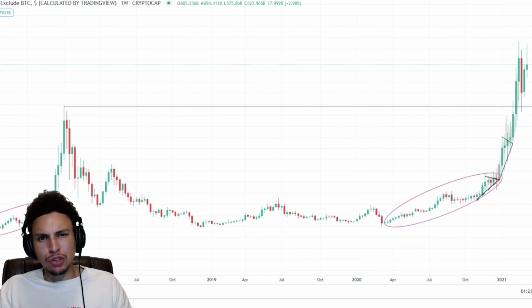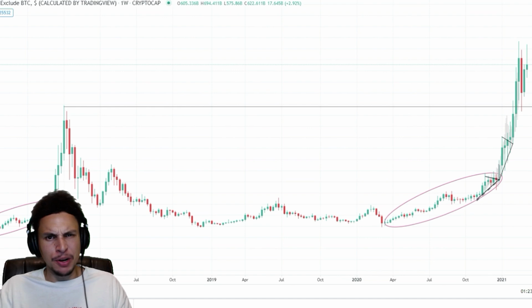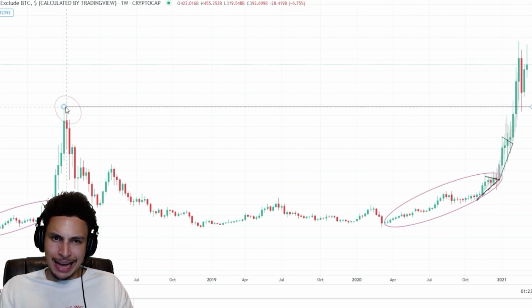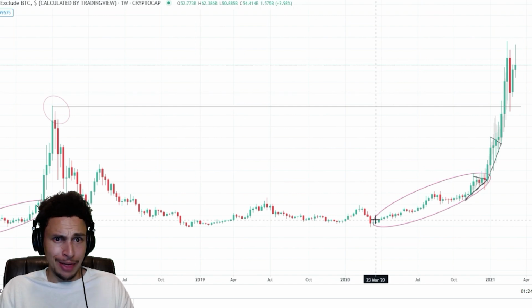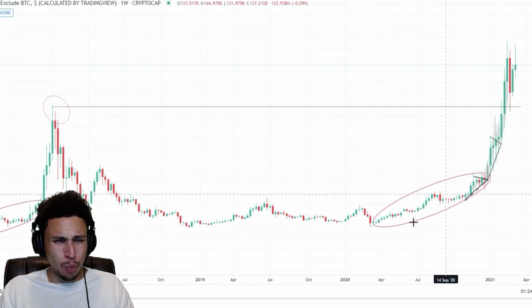Right here, I pulled up the total 2 index, aka the altcoin market cap, meaning all the money wrapped up in all your favorite altcoins. During the last 2017 cycle, the altcoin market cap hit about $469 billion. Went through a bear market. Everyone said Bitcoin, altcoins are gonna die. And we all know that didn't happen, because if it was gonna die, wouldn't it have been down on here on this floor? Yeah, I think it would.